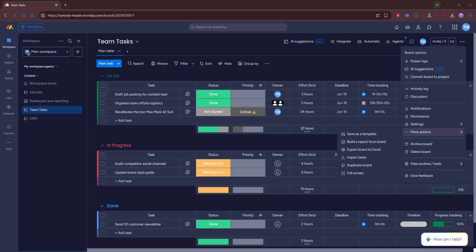Finally, open the exported file to confirm that the board data was saved correctly. This last check is easy to skip, but it's very important. Make sure the file opens properly and that the information inside matches what you expected to export from the board,